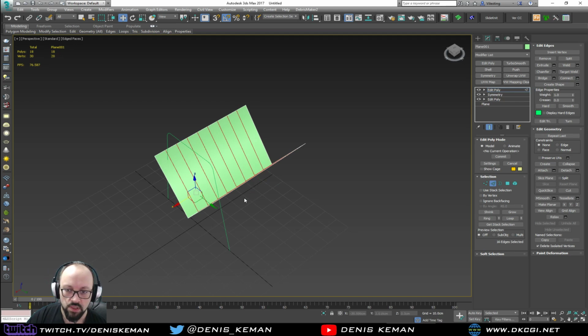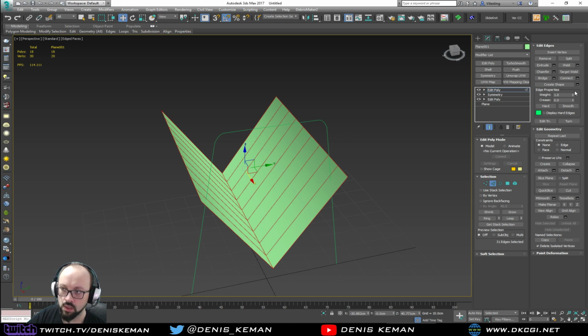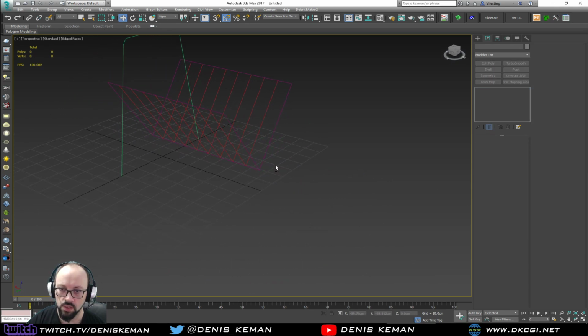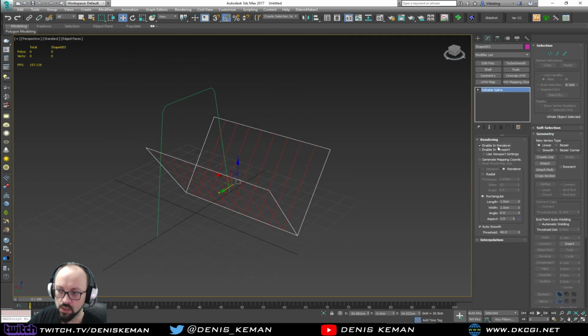Alright, got the ribs, the 8 ribs. Now create the shape. Linear ones, that's fine. And Control I to get the inverted selection and create a shape out of this thing. Make it a linear one again and delete. So what we're left with is just this thing. Now for this thing, what we want to do is again enable and render in viewport, make it a radial